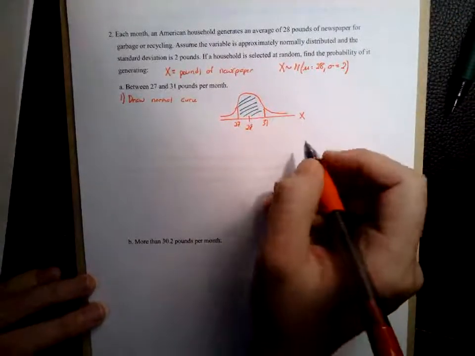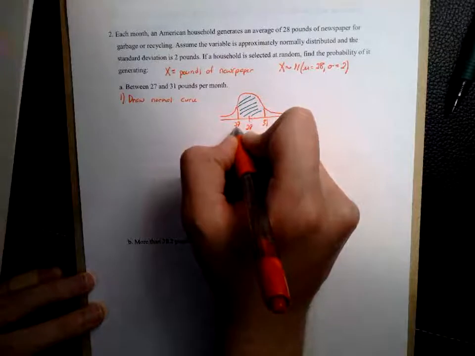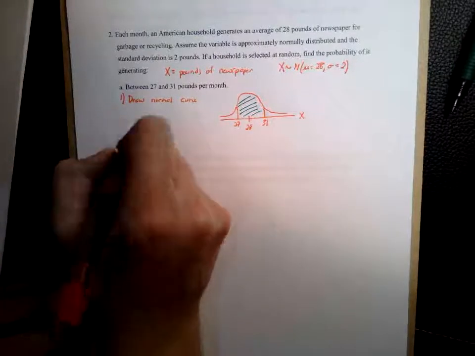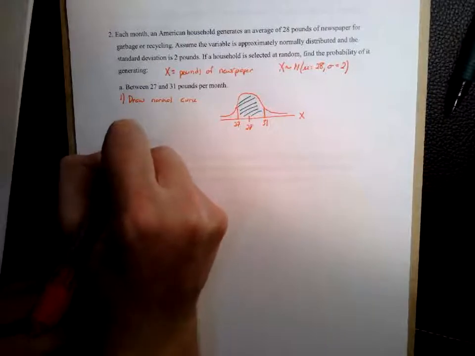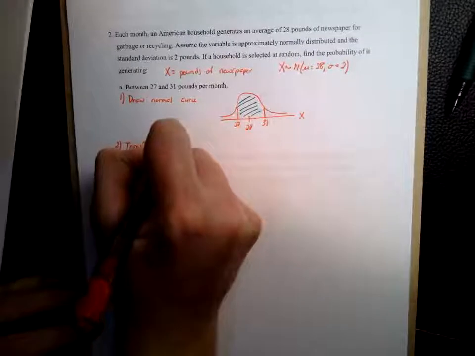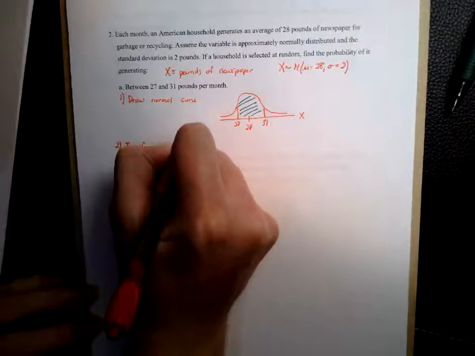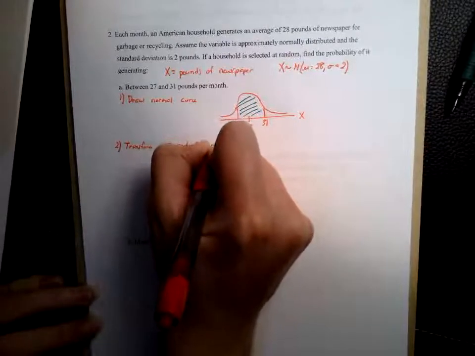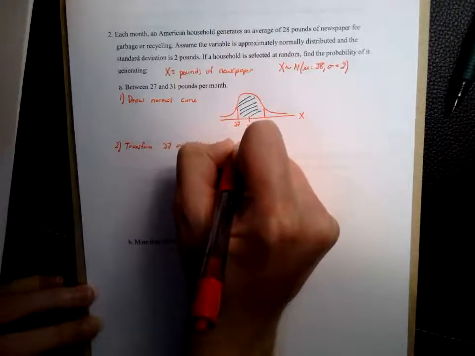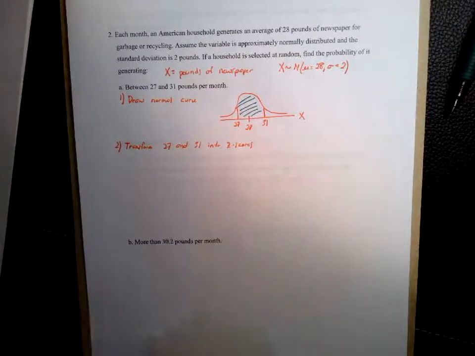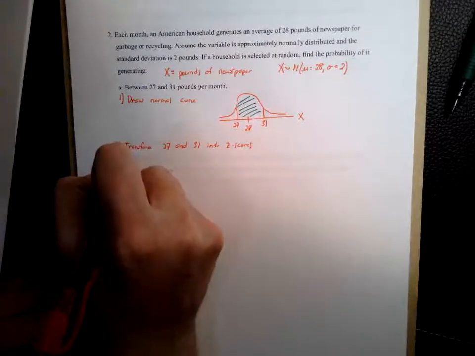Now to do that, we're going to have to convert both of these data values of interest into z-scores first. So then the second step, transform 27 and 31 into z-scores, using that same formula before. So for 27,